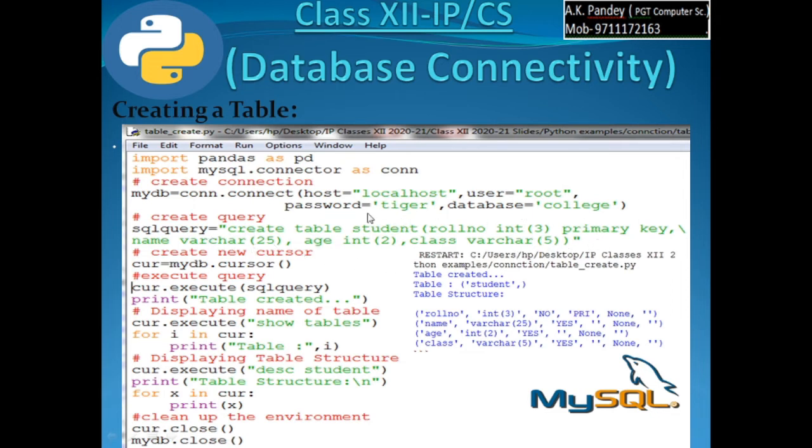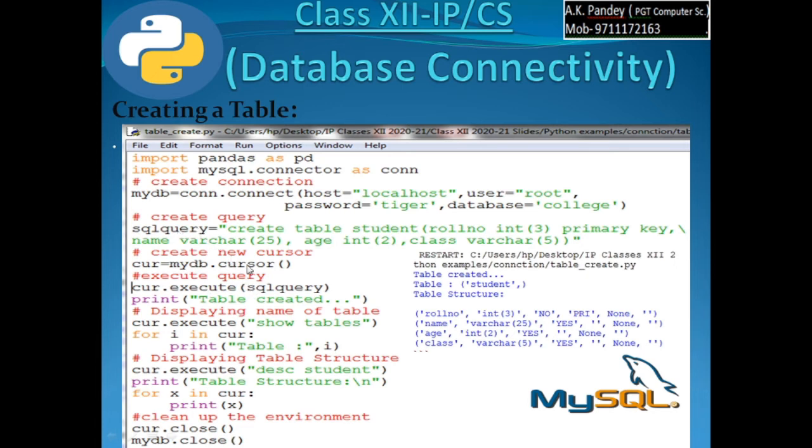Create table, how do you write it on the MySQL prompt? The same command has to be written in the form of a string here in some variable, and later after creation of the cursor this command is going to be executed. Now creating the cursor, cur is equal to mydb.cursor. Now executing the query, cur.execute, the same variable has to be written here.